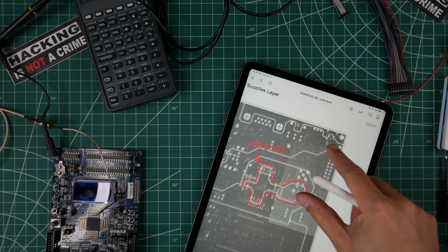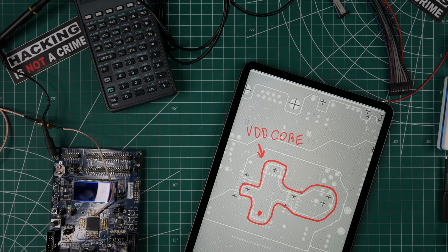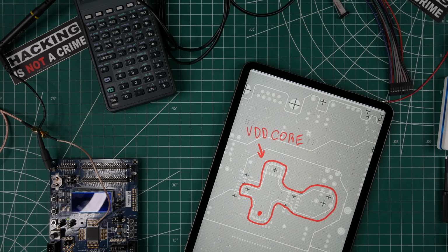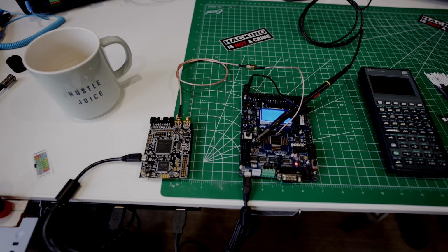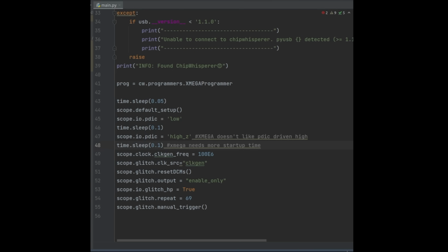As you can see in this reference design, the VDD core part of the power supply is separate and where I have chosen to attack. This wire is soldered to the VDD core power plane, which also connects to pins 11, 44, 63, and 89 of the processor. The ChipWhisperer is connected to the other end, and a small Python script is used to set its parameters. It basically boils down to this section where I define how long the ChipWhisperer should short this power